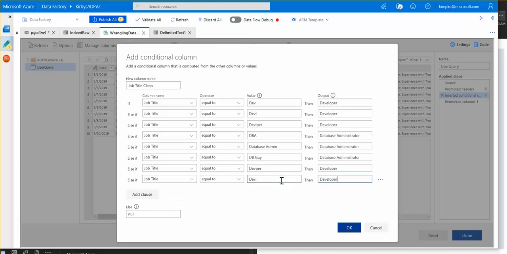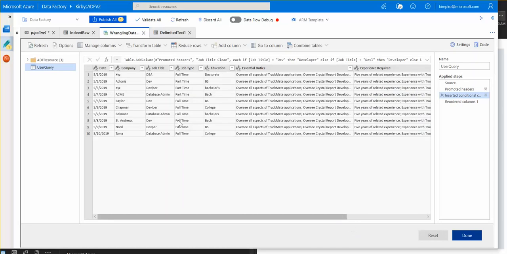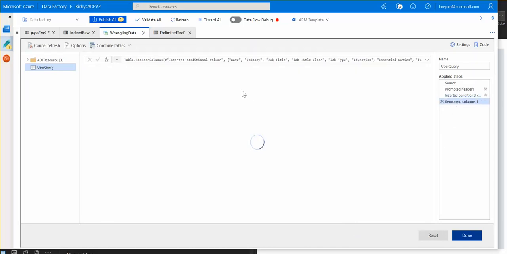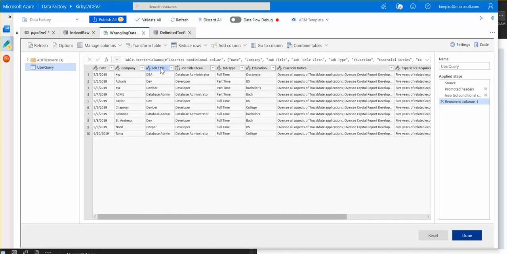So this is the experience of data wrangling. Just wanted to kind of give you an idea of what that looks like. We'll just hit OK. And then in real time, it makes the changes. So once again, this is the original column here, job title, and this is the one that we created based on our conditional